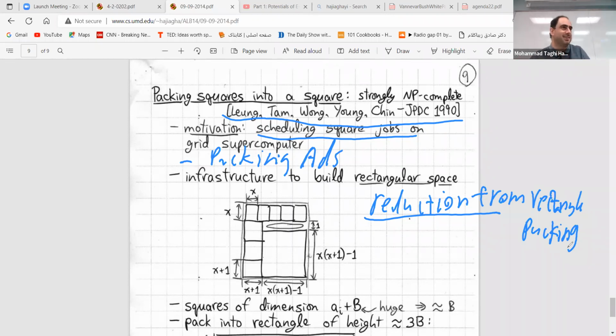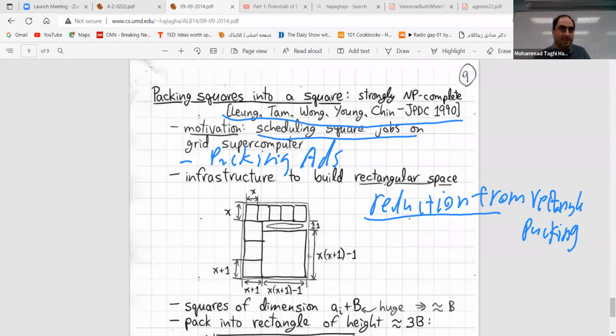Google knows almost everything nowadays. Good. So yeah, now let me just mention this one. How can we do that such that we can finish this one? First we need to create a rectangular space. So what was the rectangular packing? We want to solve the rectangular packing using